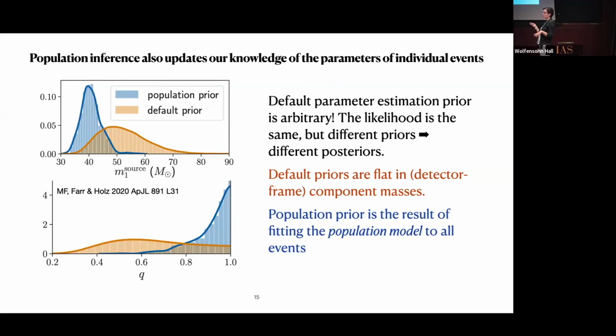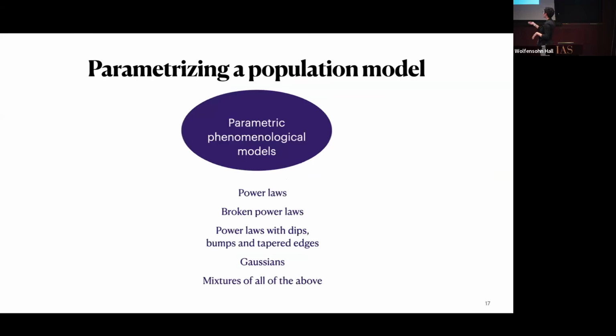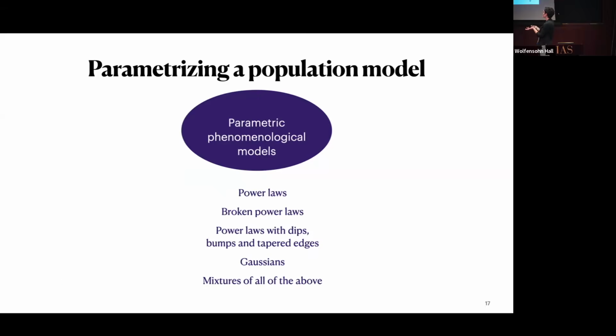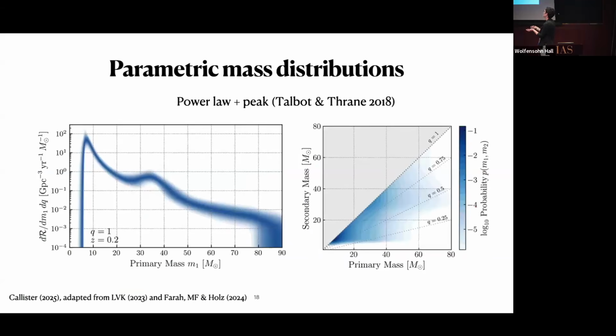That's a great question, because I think that's really the point of these more data-driven models. When we have these parametric phenomenological models, their lifespan is inherently limited because they're really just designed to find what they're built for. Here it's just a power law with one peak, so if there's another peak out here or down here, this model's never going to find it.